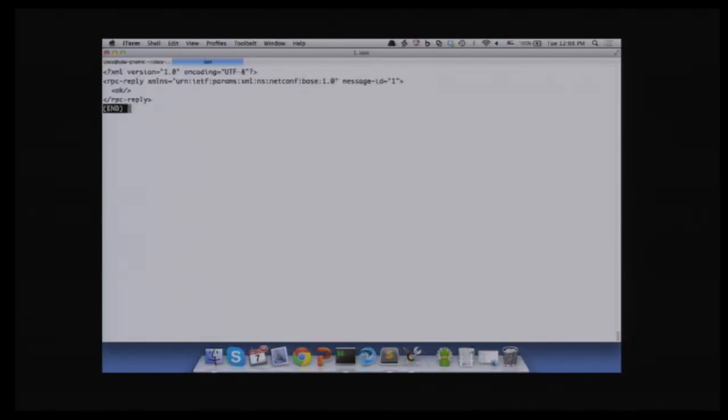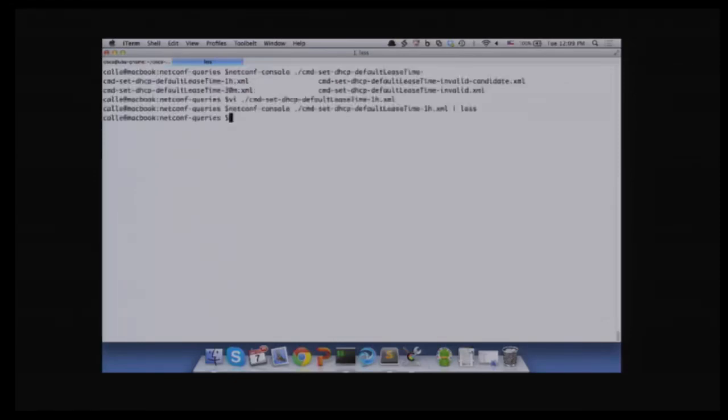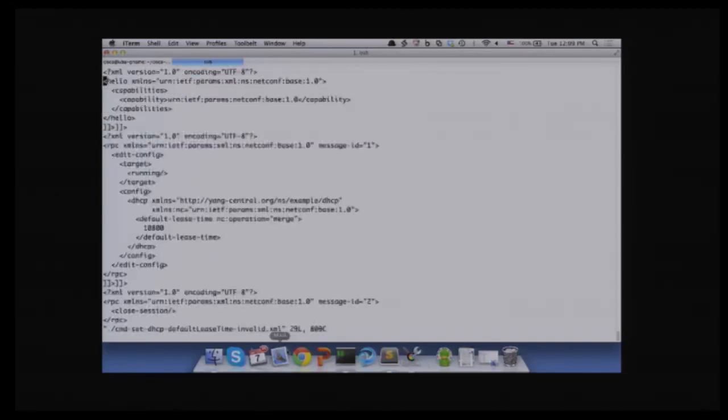Not much to happen here, right? We just had a successful return. The server said okay, which means that the value is now updated. So nothing particularly exciting there. Now let's do something more exciting. Let's look at the invalid data set. Down here, we're going to put the default lease time to something that we know is higher